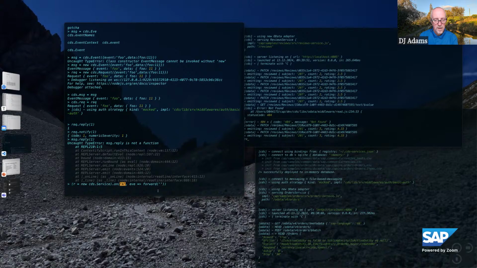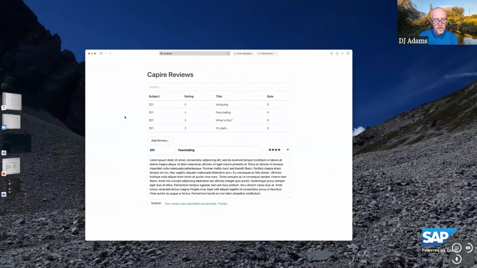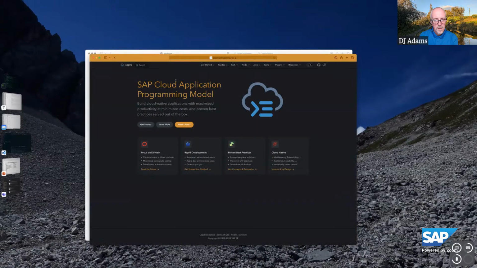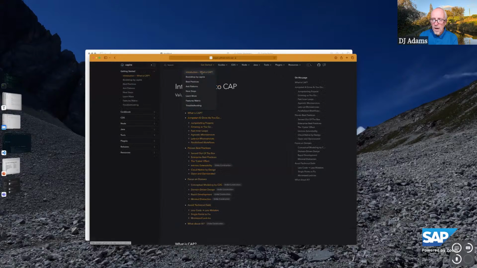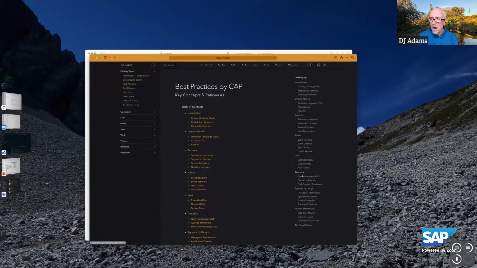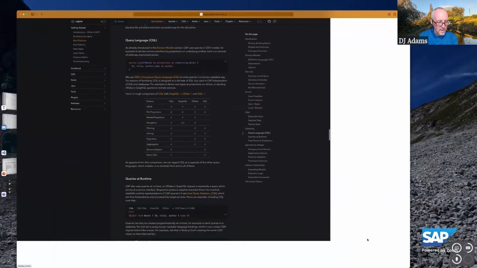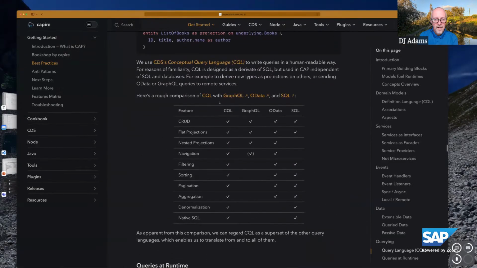And what we did is in this query thing, and this may be a first look in the documentation today, where we have this comparison of query languages here. So this is CQL, GraphQL, OData and SQL. And why do we have most check marks here? Because we want to be the greatest, of course. No, of course, the other thing is because we want to be able to translate from each to any. And this is only possible if you're the superset. Exactly.